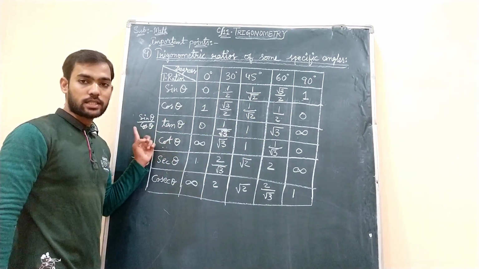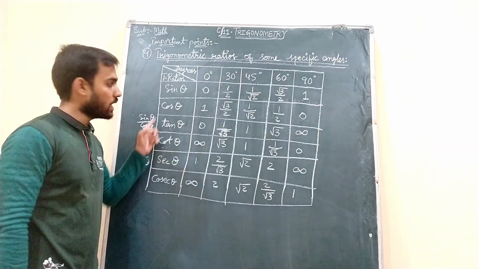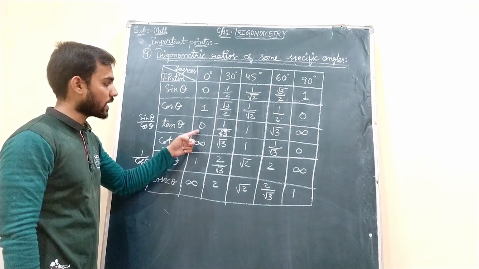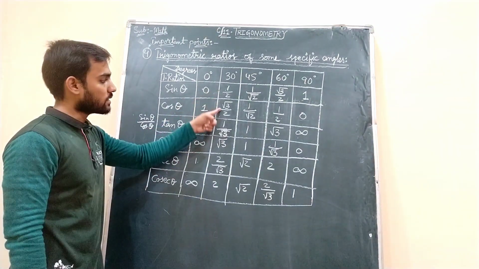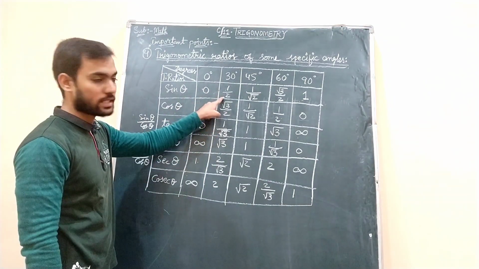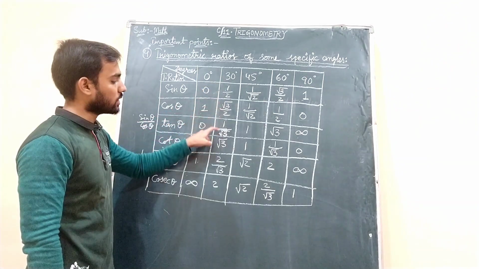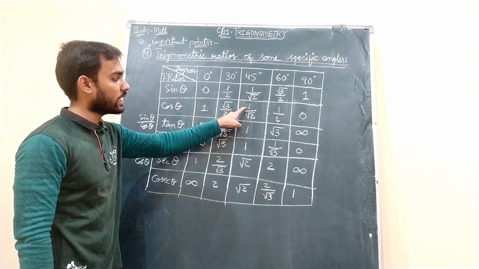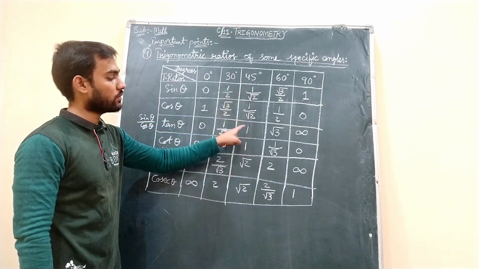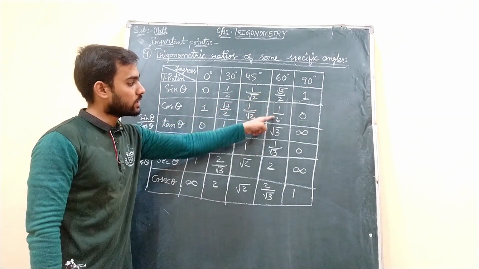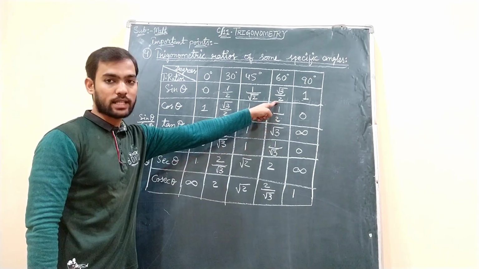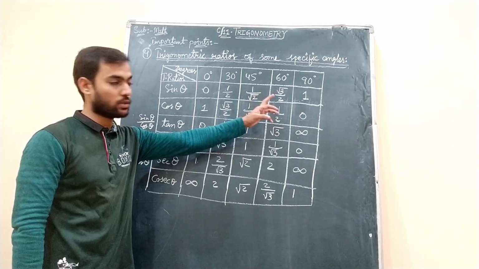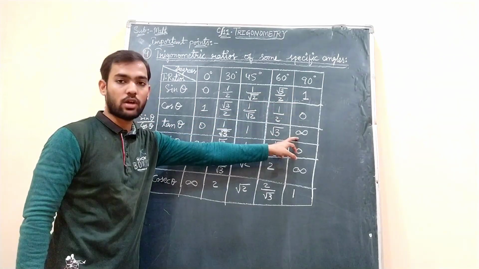And for tan theta, just write beside it sine theta by cos theta. Here it is already like sine theta divided by cos theta. So we started writing 0 by 1 is 0. This by this, when we were doing, these denominators get cancelled. 1 by root 3 we got, and here these denominators get cancelled. 1 by 1 we will get. This denominator 1 we will ignore, we will write only 1. And when we do this divided by this, 2 gets cancelled. Root 3 by 1 is only root 3 we will get, because in the denominator 1 we are ignoring. And the last one, 1 by 0, is not defined.